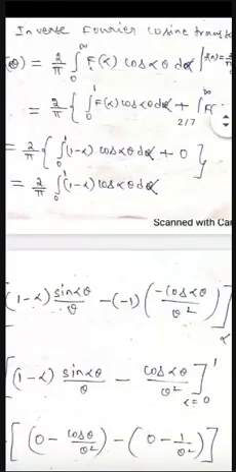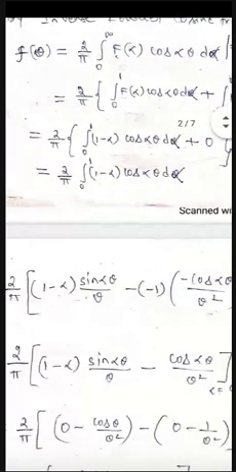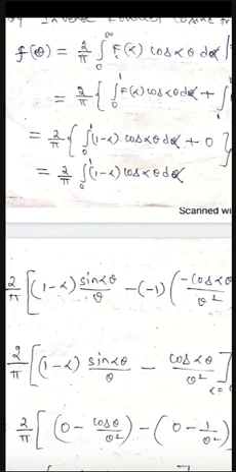product of two functions here, 1 minus alpha into cos alpha theta d alpha. Now, first function 1 minus alpha as it is, integration of cos alpha theta becomes what? Sin alpha theta divided by what constant? Alpha is not a constant because you are integrating with respect to alpha. So I can take theta as a constant. That theta comes to the denominator.